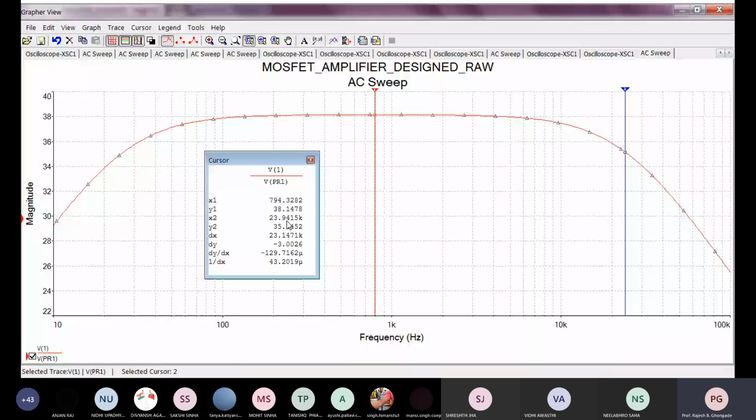So this is the way in which you have to paper design the amplifier. You have to verify it with simulation, make some changes so that there is no distortion. First of all, try with the raw values, then substitute with the standard values, and then, using the transient analysis, find out whether you are getting the distortionless output, and finally you are supposed to see the frequency response.